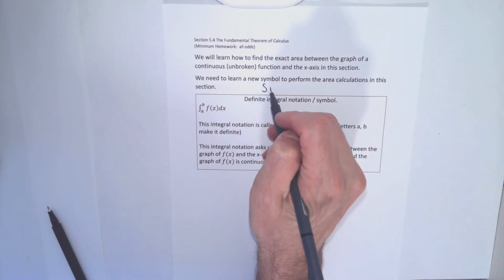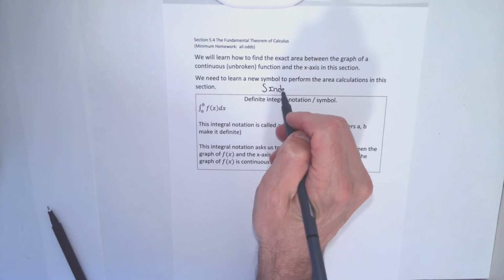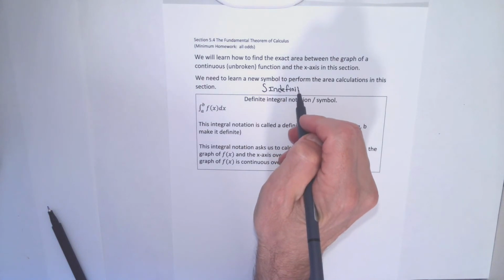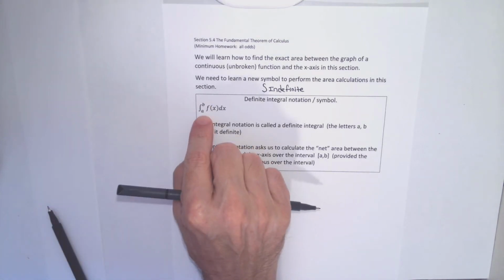The symbol that we worked with in sections 5.1 and 5.2 was called an indefinite integral because it could take on many answers. I don't have a definite answer to it because of the plus c. There's lots of different functions that have the derivative of the integrand. Definite integrals have little numbers on the integral signs, and these numbers relate to the rectangles that we did